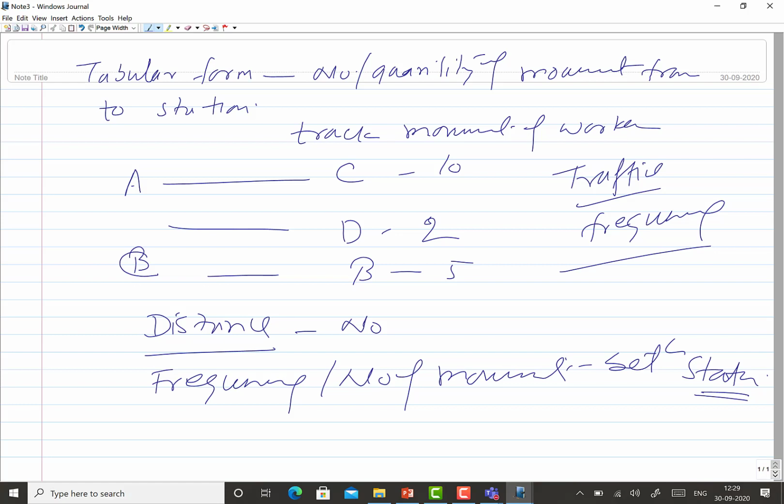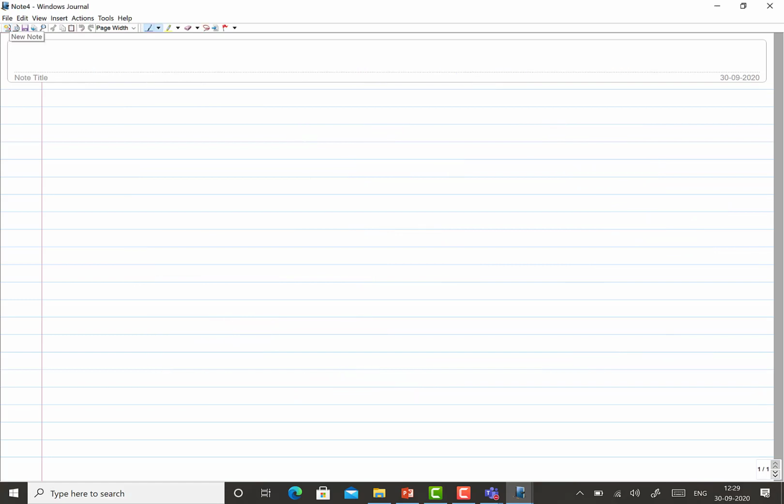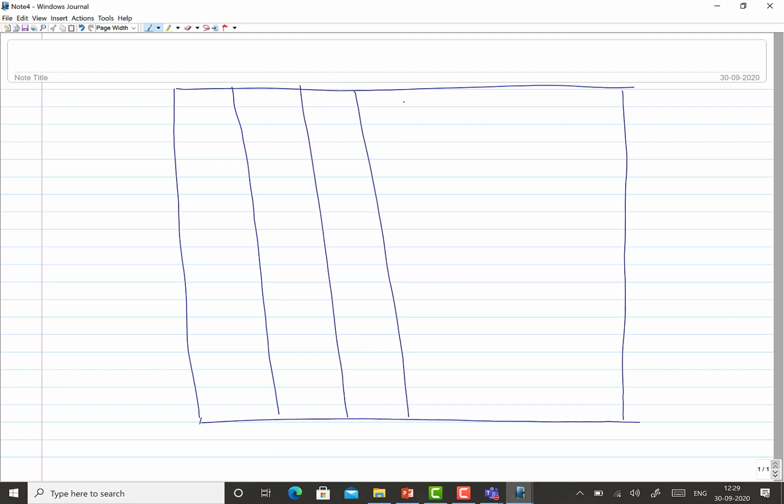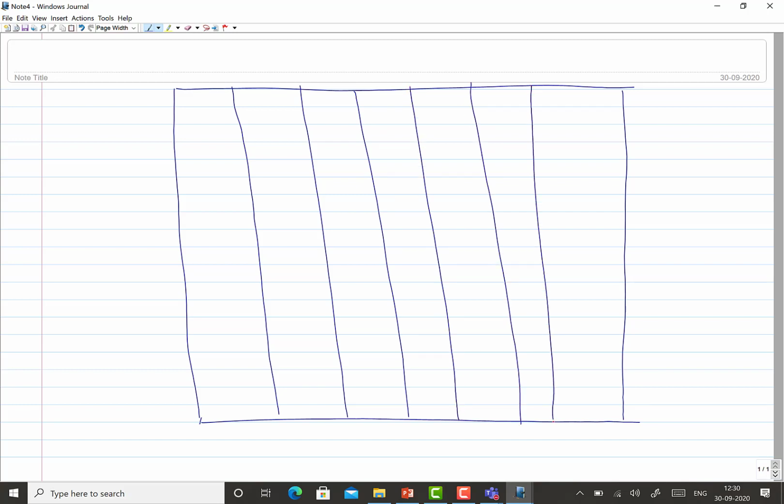Okay, so before using that PPT, let me show you how it is made. This is basically a square chart like this. You have the same number of columns and rows, say 1, 2, 3, 4, 5, 6, 7 and 8.